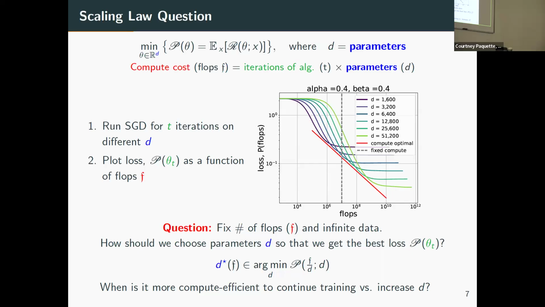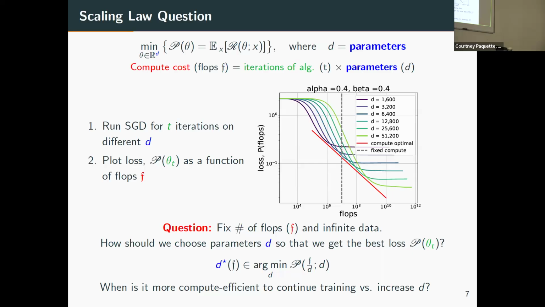So that's a bad thing. Okay, so you say, well, I should increase my dimension. Let's say you do 51,000. Well, 51,000 is great, right? You have total expressivity in your model. It's got a huge number of parameters. But now every time you take an iteration step, it costs you a lot to run. And because you're compute constrained, you can only run your optimization algorithm for a short time, since each step is expensive. So there's a trade-off between compute, or number of iterations, and expressivity. What we see is that if you plot this, the best thing is around D equal to 12,000.